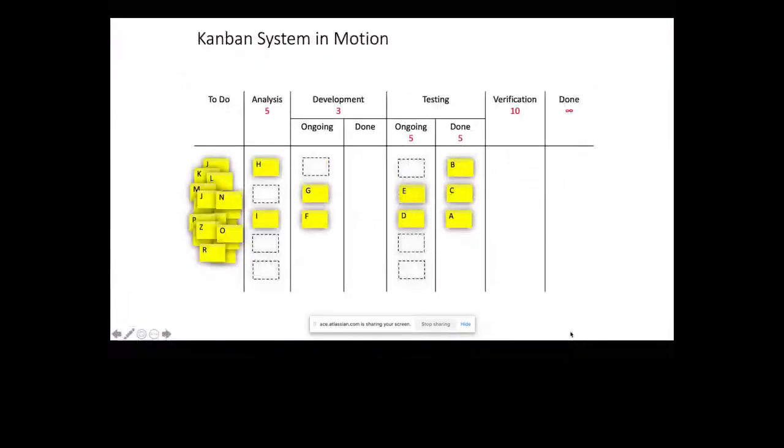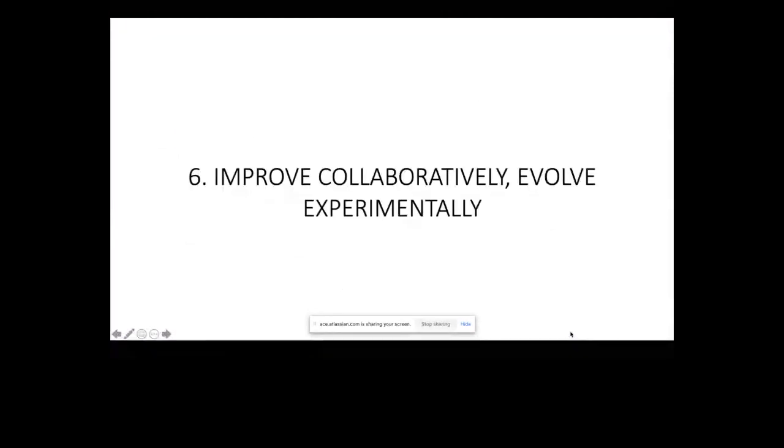All right, I'll be showing one last area. So like I said, my intention is not to go through all these Kanban practices one by one in detail. I'm only touching upon the main areas and giving you all an idea about what Kanban and its practices are. I'm directly going into the 6th practice, improve collaboratively and evolve experimentally.